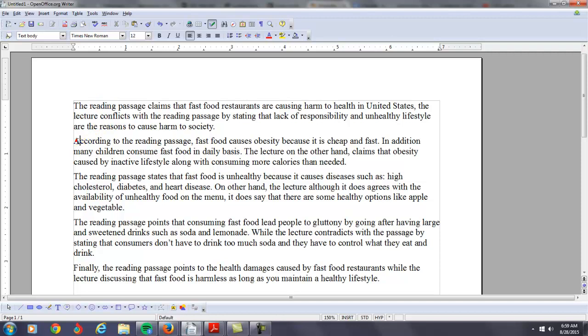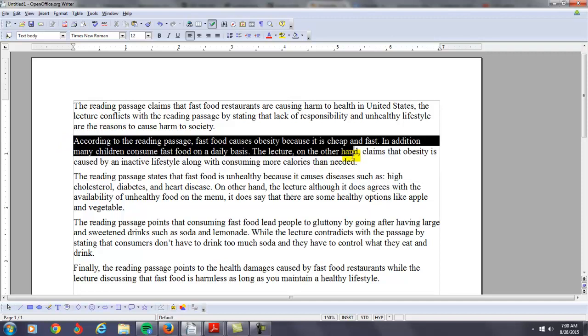You say in the next paragraph, "According to the reading passage, fast food causes obesity because it's cheap and fast. In addition, many children consume fast food," I would say here, on a daily basis. "The lecture, on the other hand, claims that the obesity", you want to use passive voice here, "is caused by," how about, "an inactive lifestyle along with consuming more calories." Now, one thing I want you to be careful about here,